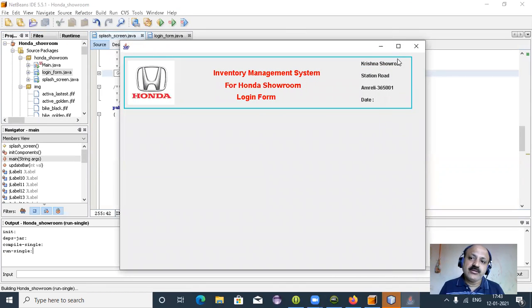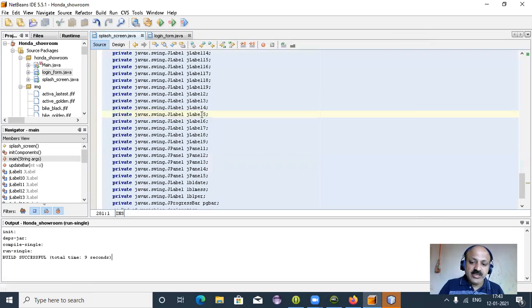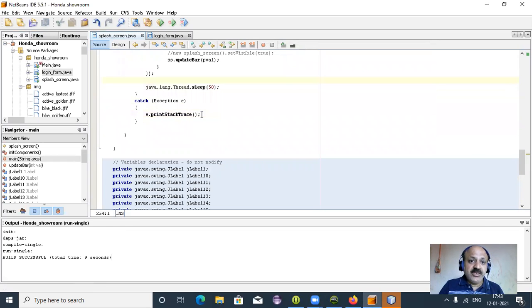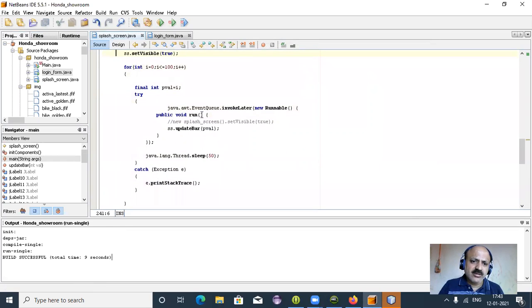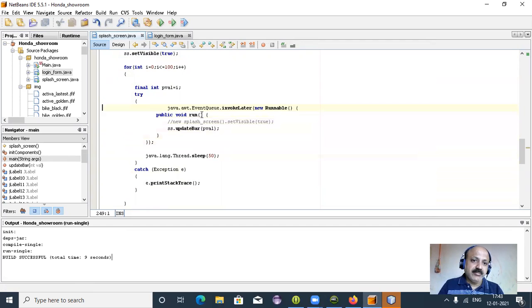So when we decrease the millisecond, I gave first 100, so here 50, so that is, I think, perfect. That is very fast. So if you want to go slow, you can increase your millisecond value in the sleep method. And the try catch block, we can use this same coding, means this part is already written in your main method. Yes, I directly use and call this updateBar, our user defined method, and then Java,